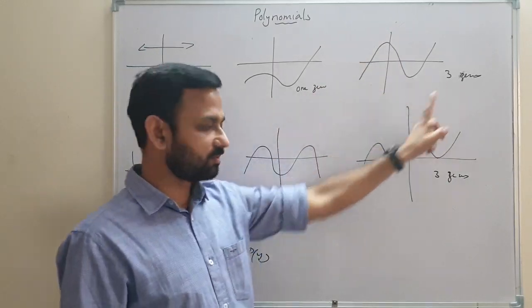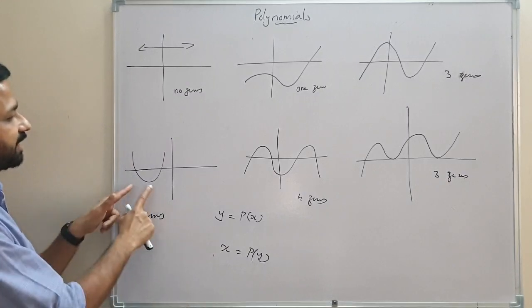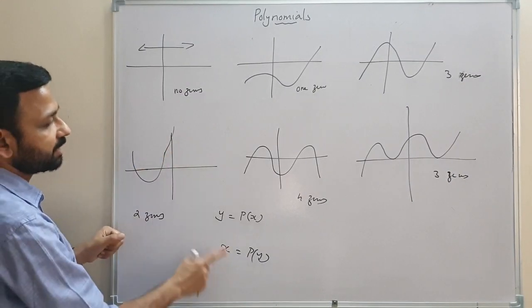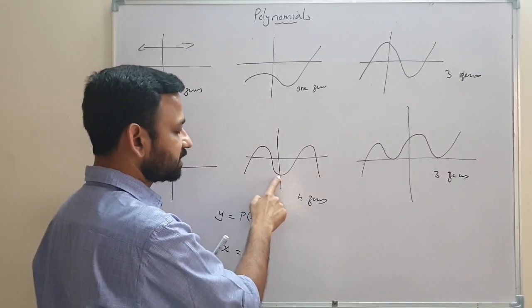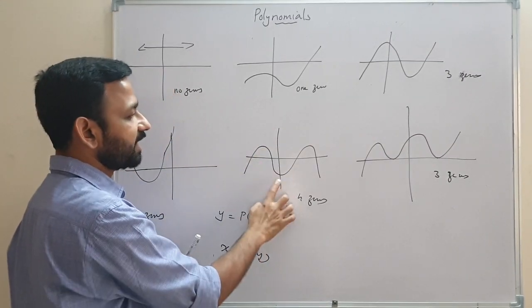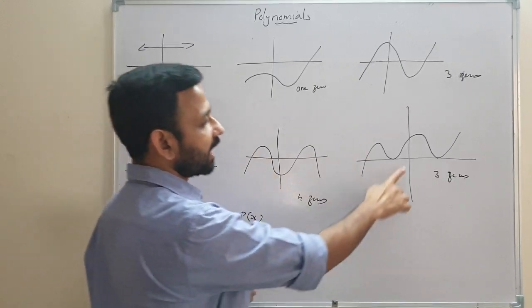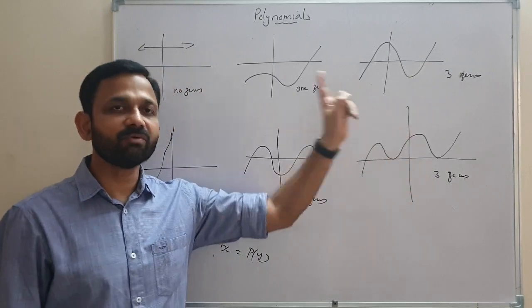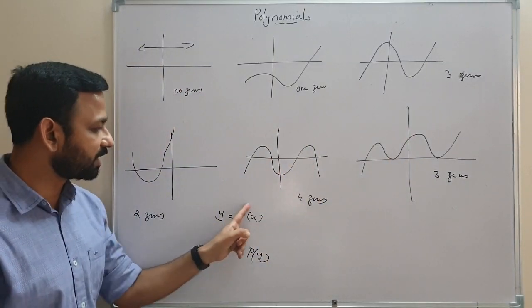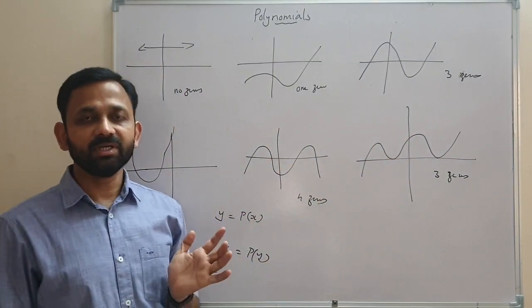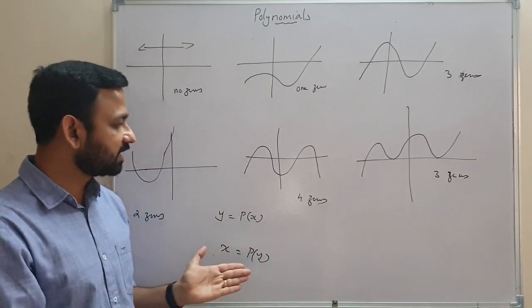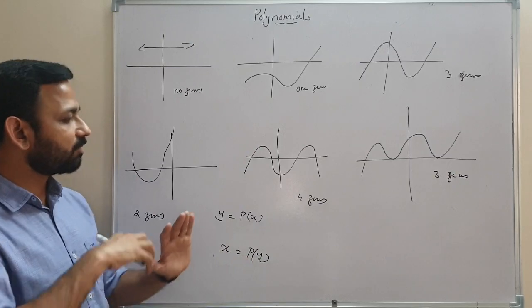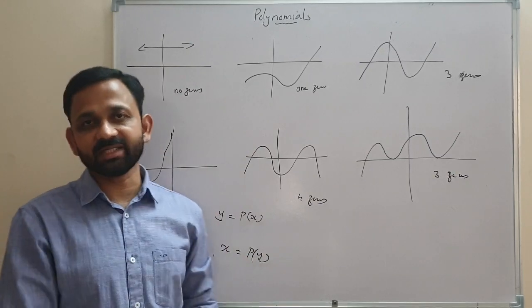The answer will be 1 zero for the second polynomial. And here, when we extend this one, it will intersect, so the answer will be 1. And here the answer will be 1 because it is intersecting the y-axis at 1 point. And here also the answer will be 1 because it is intersecting the y-axis at 1 point. That depends on the variable of the polynomial. If the variable is x, then how many times does it intersect the x-axis? If the variable is y, then how many times does it intersect the y-axis? Okay.